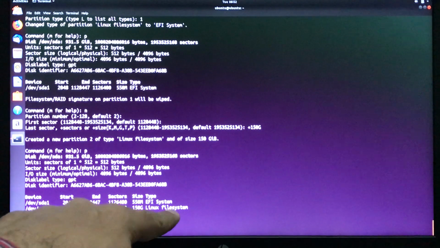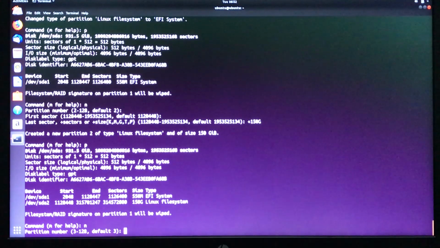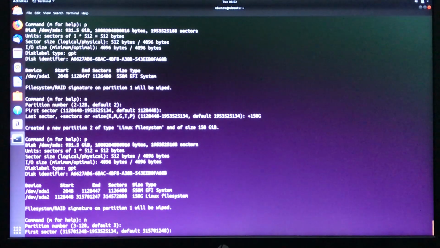So 150G is my Linux file system. I'm going to create another partition of size